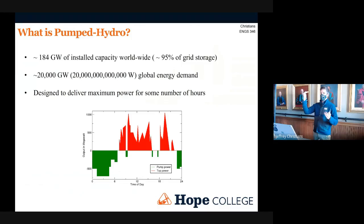A nuclear power plant, you don't run like a coal or a gas power plant. You can ramp up and ramp down as demand goes up and down. With nuclear power, you want to be running at 100% capacity all the time. When you're turning nuclear reactors on and off, that's a whole big process. It's very slow. You want it to just be 100% all the time. So you couple it so that